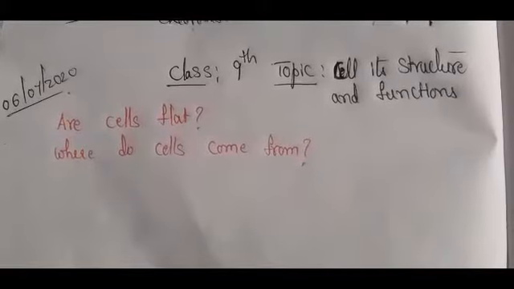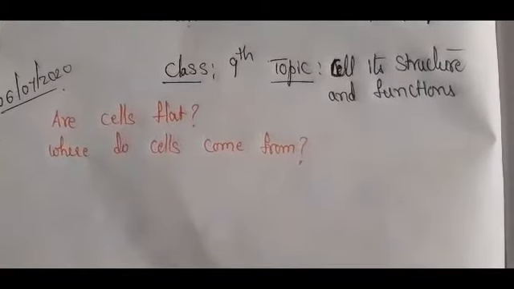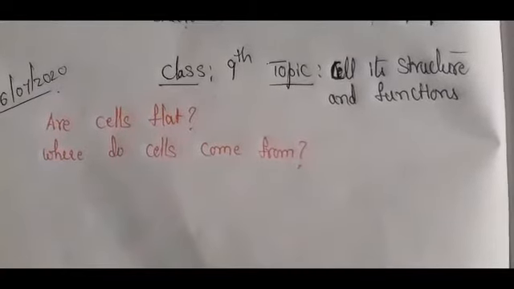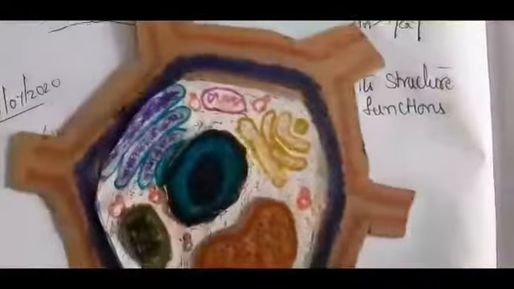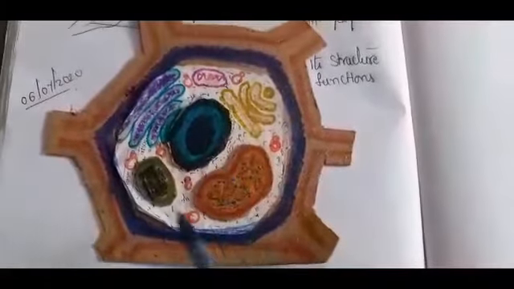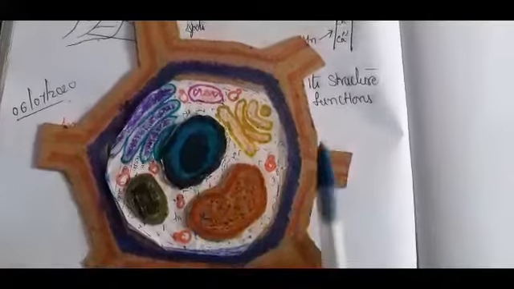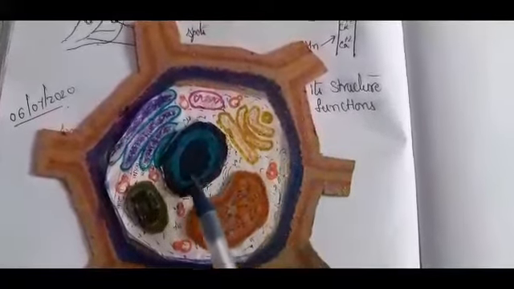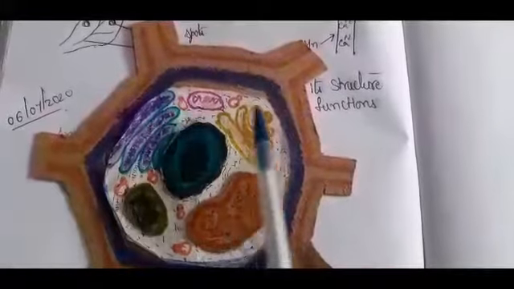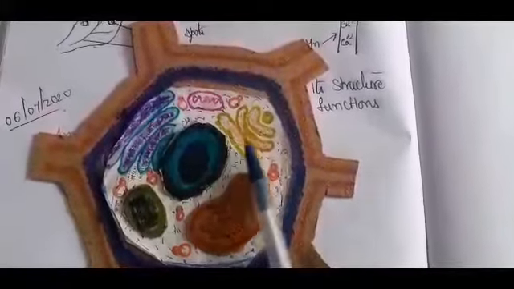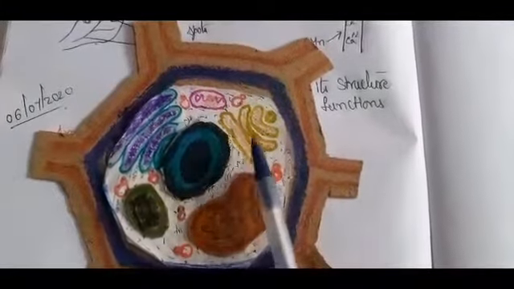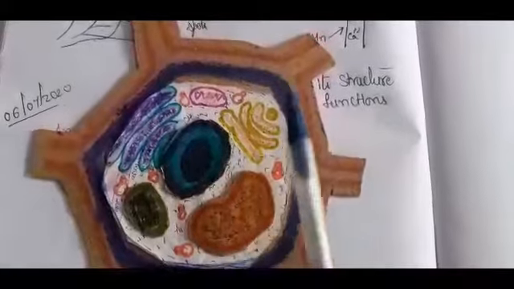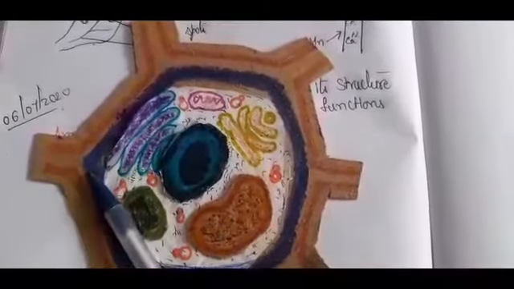In the previous classes we have already studied what a cell is, how it appears, what the structure of the cell is, what the different cell organelles present inside the cell are, and what the difference between a plant cell and an animal cell is. Today we will see how cells appear under a microscope and whether they are really flat in structure. Do they have length and breadth only, or do they have anything else?